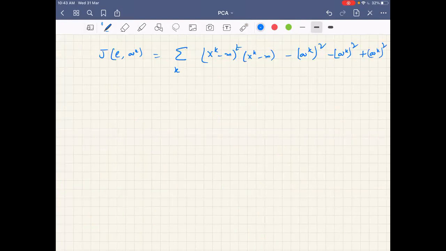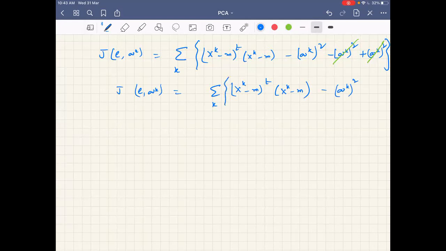Okay, so essentially I have got all this. Fine, now this anyway I can cancel. Okay, let me cancel with some other color. Okay, I can cancel this. So the cost function is essentially simplified to this: (xk minus m) whole transpose into (xk minus m), minus ak square.